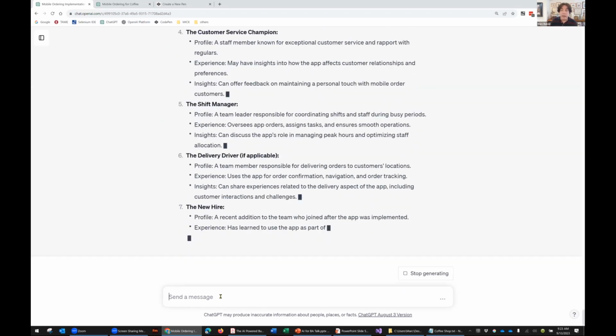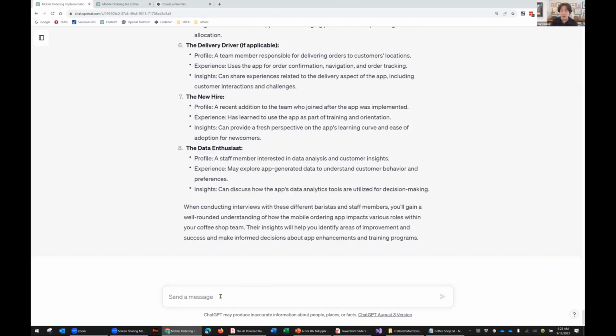Now you might recognize these and say, oh, these are personas. Okay, and in fact, I can say, can you turn these into personas with real names?